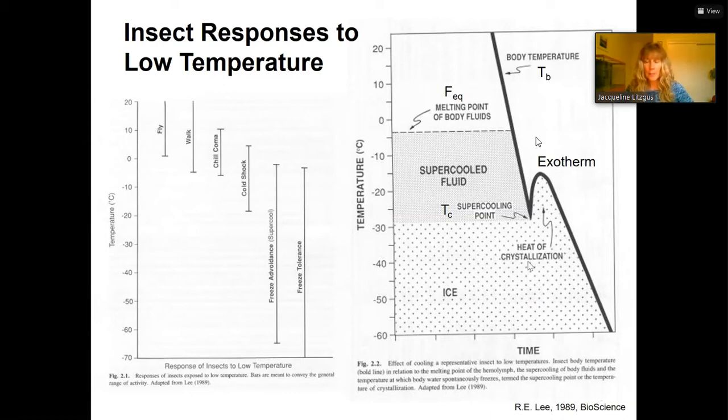So this paper is from Dr. Lee, and bioscience papers are really great because they give a synthesis in relatively simplistic terms about things. So that journal produces really great papers. Okay, so on the left panel, we have on the x-axis the response of insects to low temperatures, and then